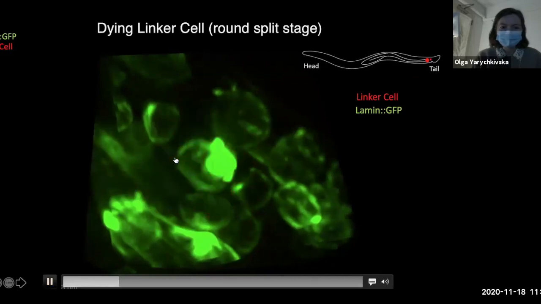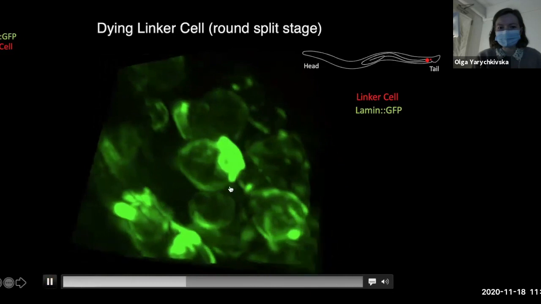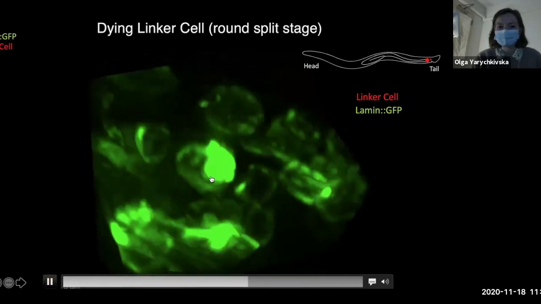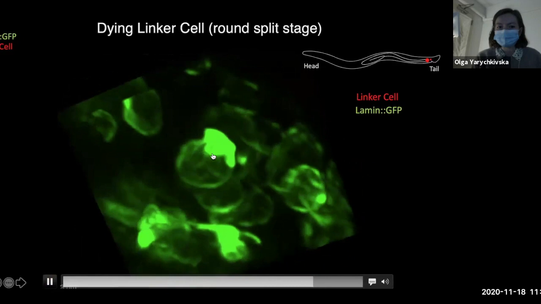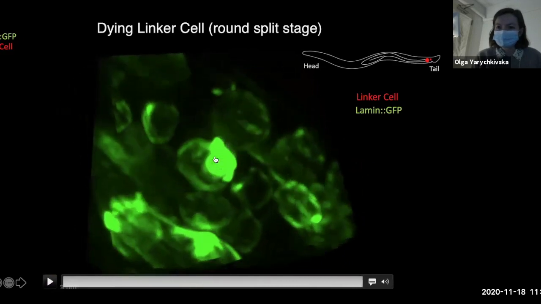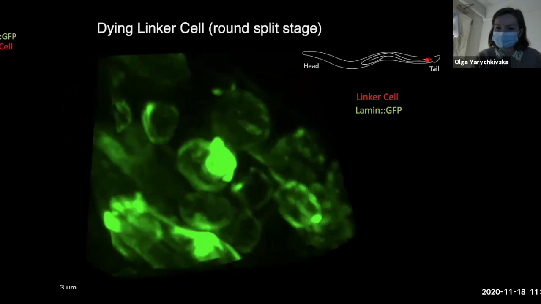So you can see the cell here, the nucleus, and actually by these images, I observed that this lamin forms this big blob in the dying cells. And as of now, I don't really know what the significance of this is, but this is the observation that I made. And now, as scientists, we have to build different hypotheses to try to answer why we think this happens. We might want to try to perturb this lamin in the linker cell and see if things go differently, if the cell cannot survive or if it dies faster and things like that.